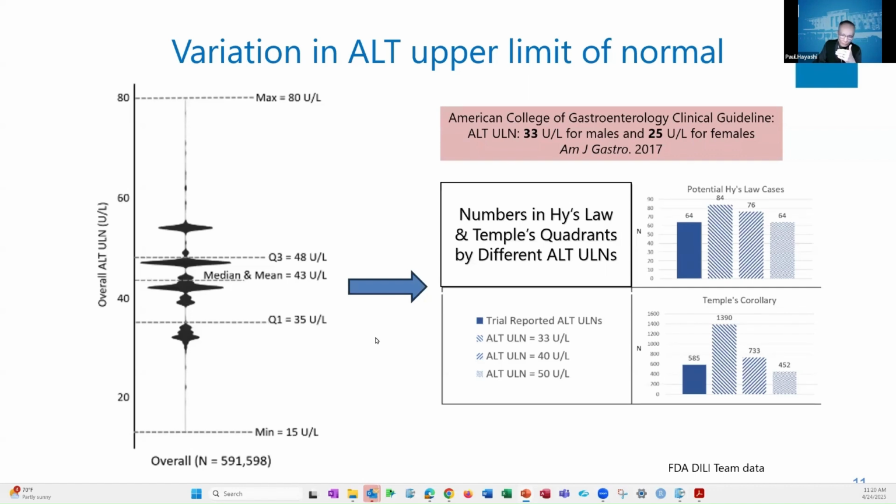And I give the example of you're developing a drug for women who are in their 20s and 30s. You can imagine some diseases where that might happen. So for example, and by the way, this disease makes them sick, so they don't gain weight. So they're going to be lean females, 20s to 30s. So for example, my daughter, who's in her 20s, her ALT runs around 8 to 10.